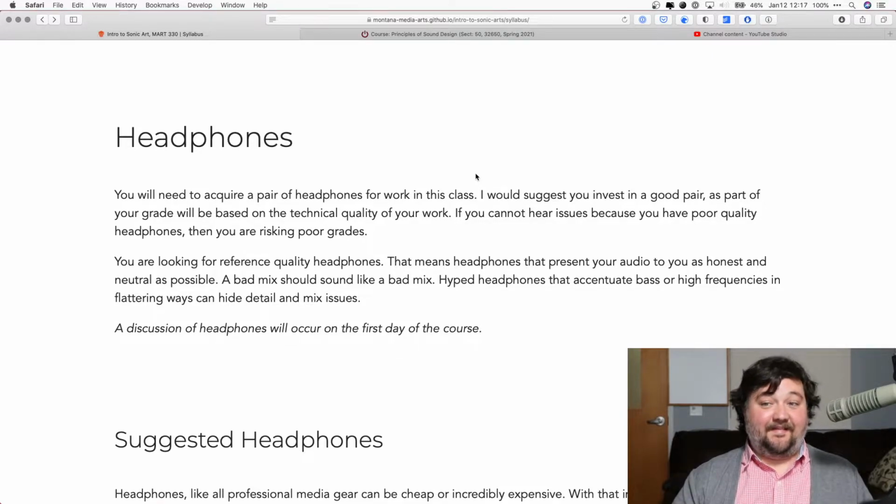You need to get a decent pair of headphones and invest in them because they are your defense against poor audio quality and will allow you to actually understand what's going on with your work, just as though you'd want a decent computer screen or monitor in order to create visual-based graphic artworks or movies. To know what you're actually putting out there and producing from a sound perspective, you'll want a decent pair of headphones.